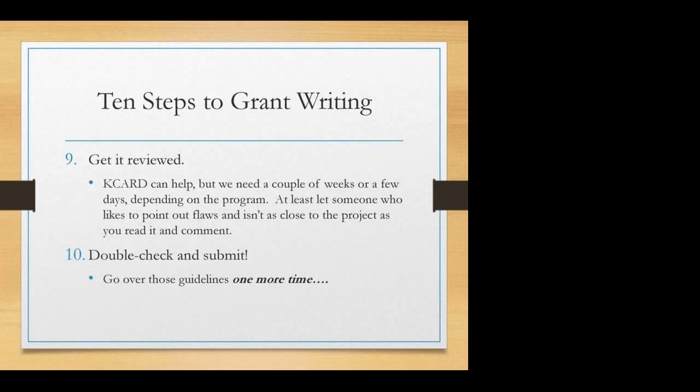Okay, double check it. Things like a DUNS number, which we talked about earlier, a SAM number. Make sure all that's good and current. Make sure that you put your numbers on the forms. Make sure that you dotted your I's, crossed your T's, that you checked the right boxes, that you didn't forget the box that says, yes, I am a veteran, I get those extra 10 points. Make sure all that's done.